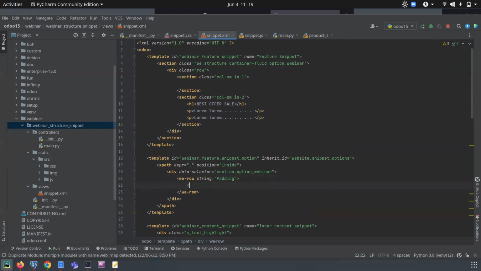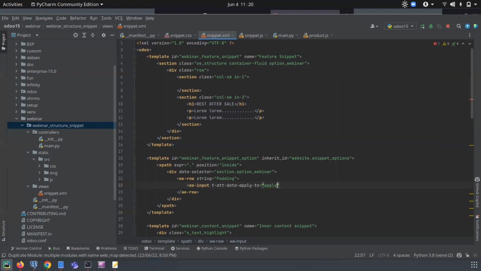Here we can create an input field. So here we can give data apply to. So here we can specify which one we want to apply to. So to apply to the current selected one, we can give